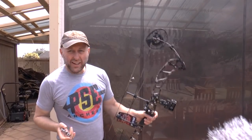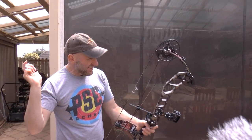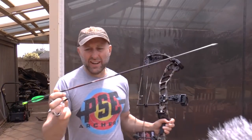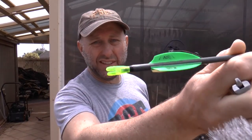So with that, let's take this back to 18 and let's see what sort of group I shoot. Okay, so I'm back here at 18 meters. I have sighted the bow and I did shoot 5 arrows, and I don't think I hit the 10. But I was pretty happy they were in the gold. The arrows I shoot, these are my target arrows. These are Victory VAPs. They were 350 with a 140 grain point with a pin system at the back to